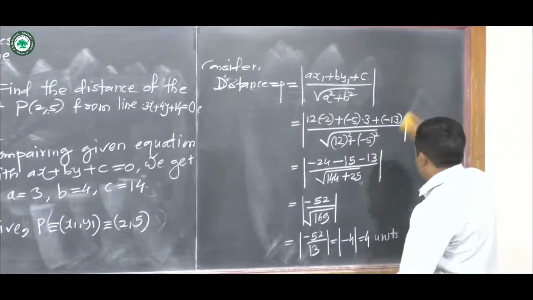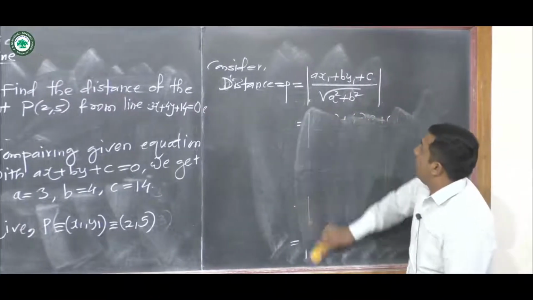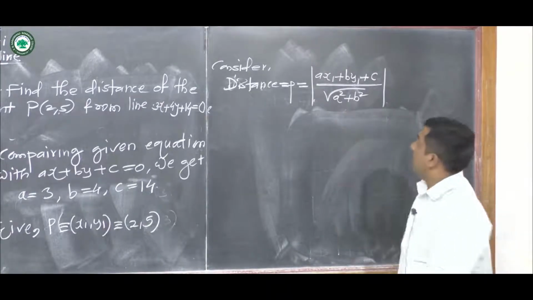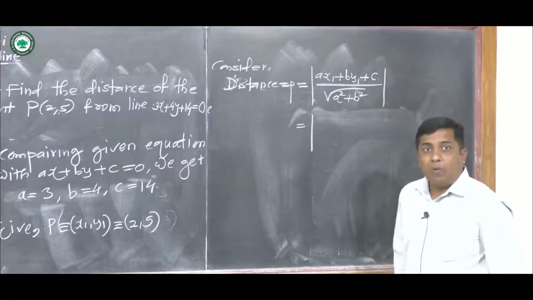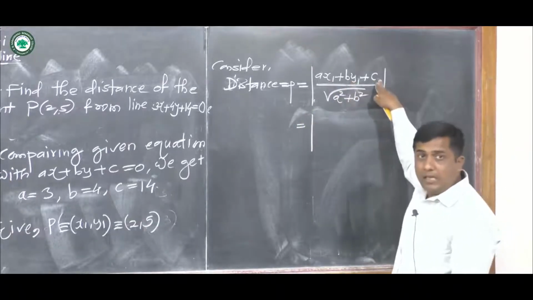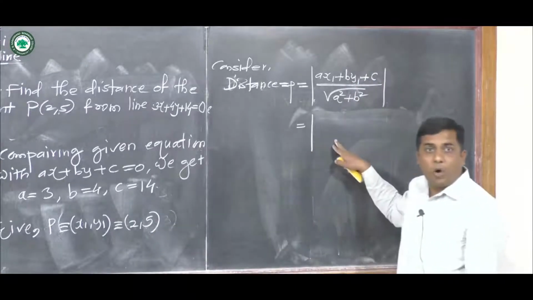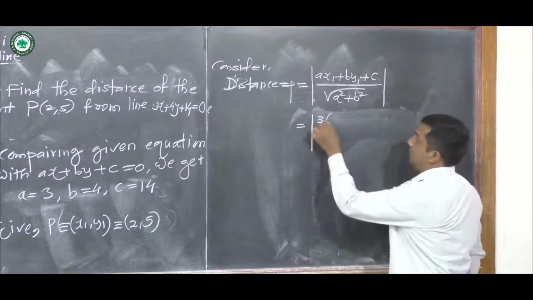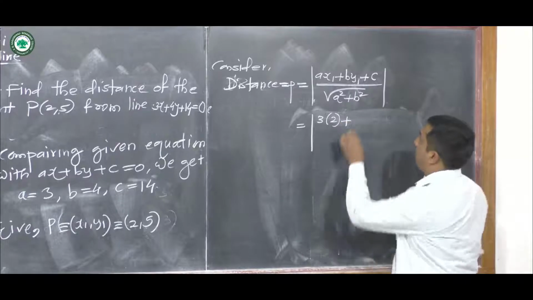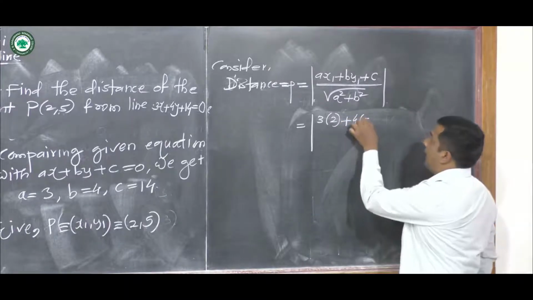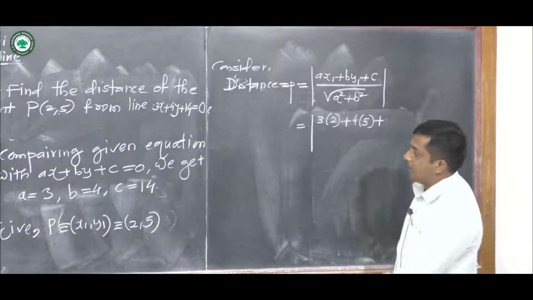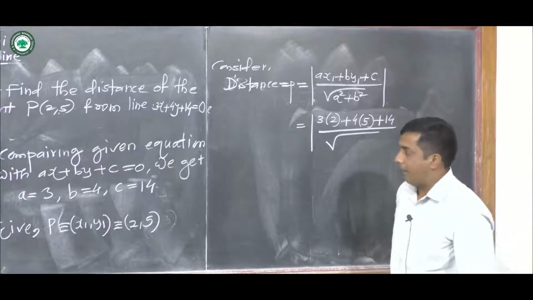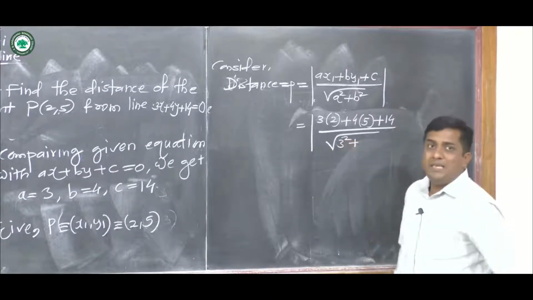Distance P is equal to, inside the mod, ax1 plus by1 plus c upon square root of a square plus b square. Now we replace the values of a, b and c, also x1, y1, in this formula. So here a is 3 into x1 is 2 plus b is 4 into y1 is 5 plus c. Here c is 14. This is divided by, inside the square root, a square means 3 square plus b square means